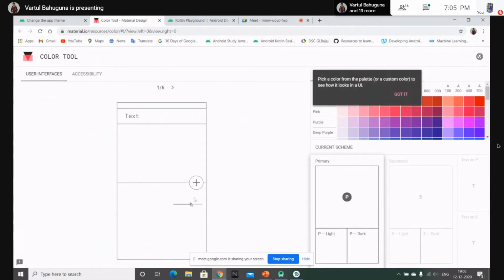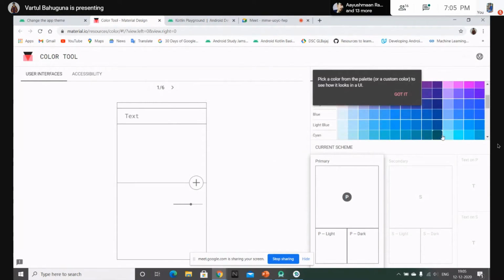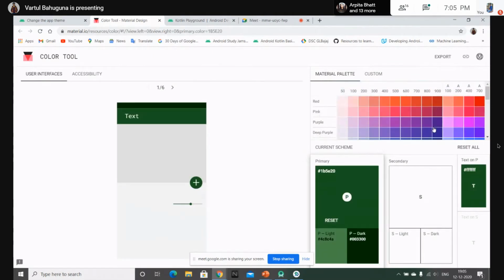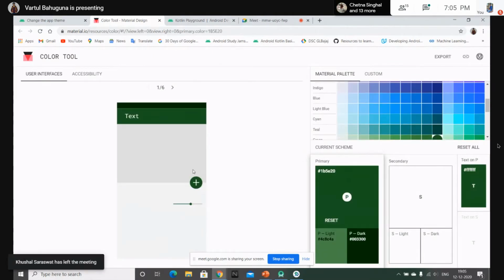These are some buttons, a floating action button and some rating button, and this is a status bar. To see how our app would look with the colors that we were using, you can first select the primary colors. If you put the primary color as green and the tint as 900, your app will appear like this.